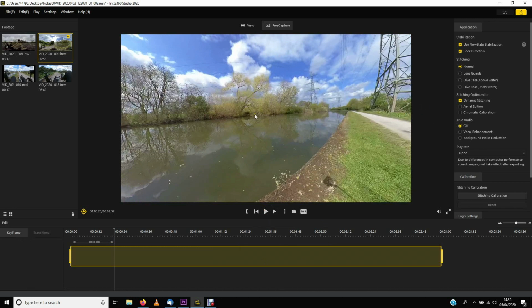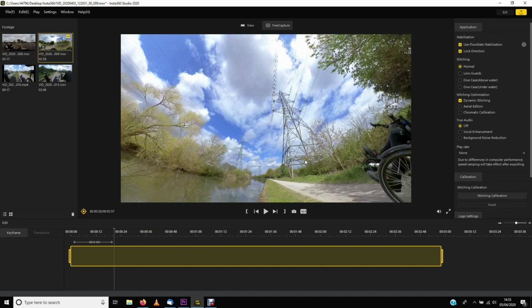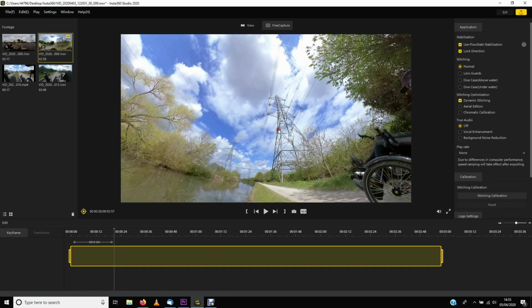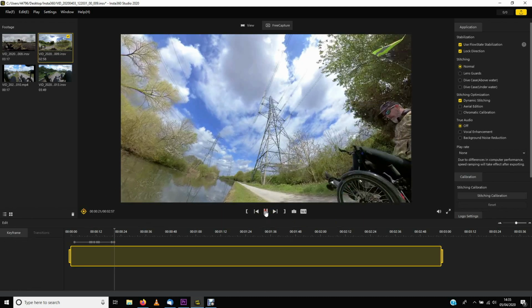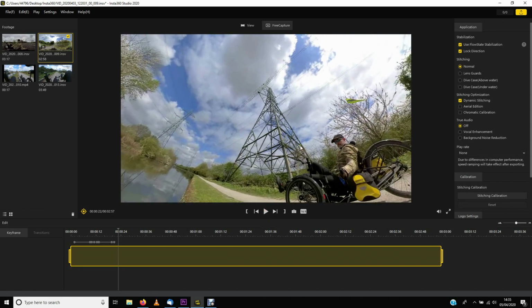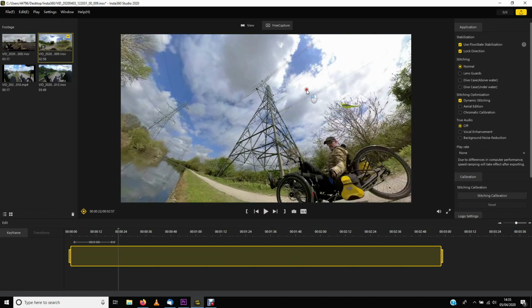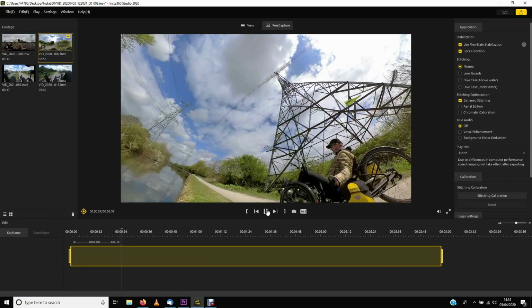Maybe there's something else. Maybe we want to look at this tree, or maybe the electricity pylon for some strange reason. In fact, yes, let's look at the electricity pylon. We'll study that as we go past. So again, I point the camera at the electricity pylon and just click the keyframe. Move it on a bit. The idea is to try and keep the point that we're actually viewing right in the middle of the screen. So we move the electricity pylon to the middle of the screen, keyframe it again, move it forward,